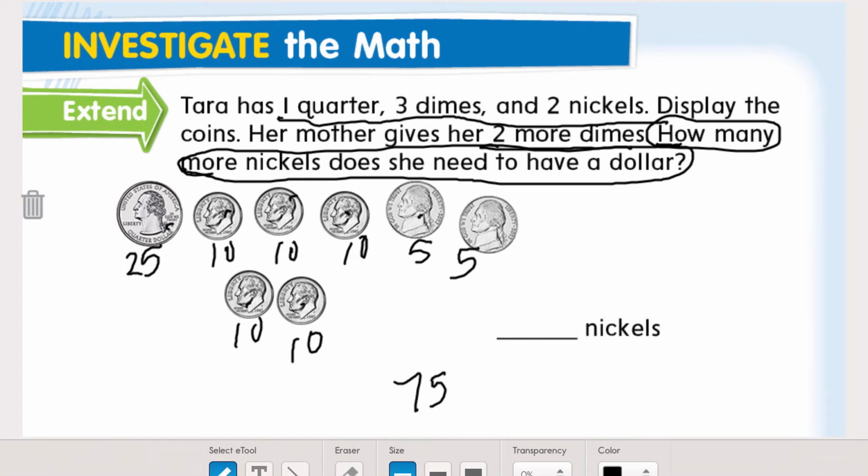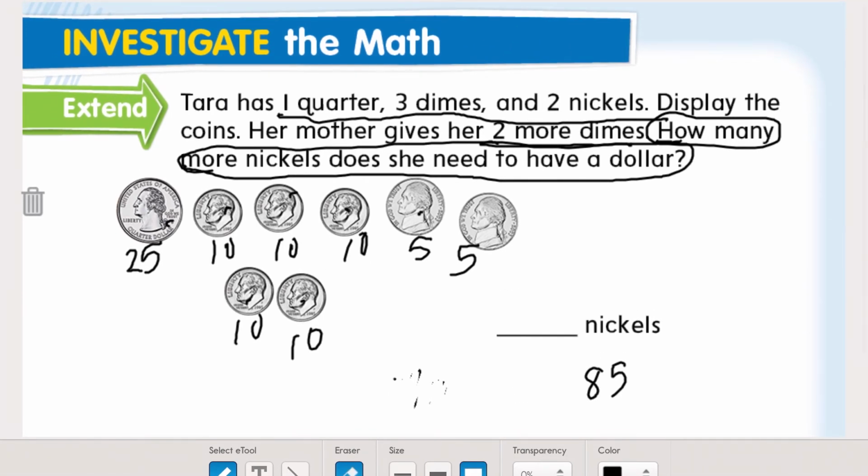Plus 5 is 80. Plus 5 is 85. So far she has 85 cents in her pocket. And now remember the question was, how many nickels will she need to get to $1? So remember, nickels are worth 5. So we're going to start at 85 and count on by 5s to see how many more to get to